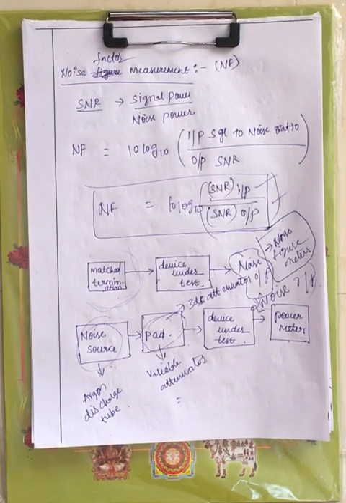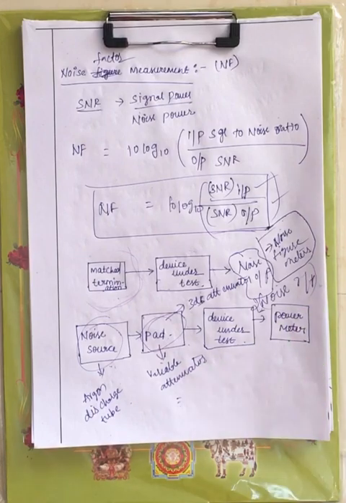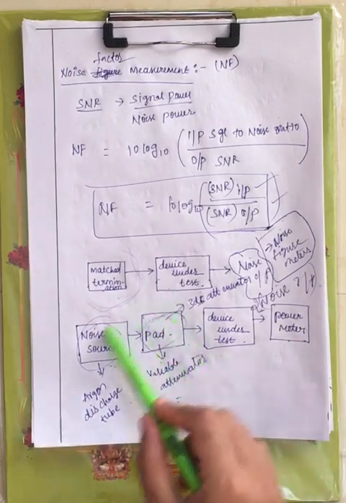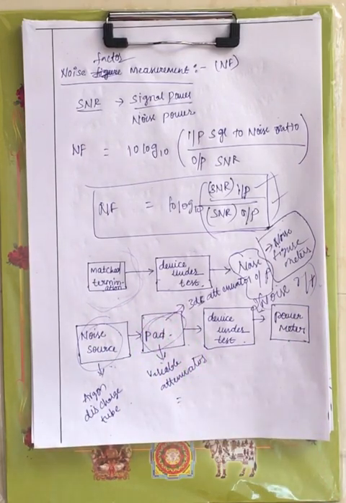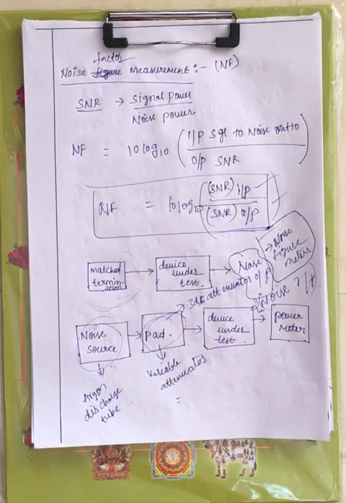Now initially the noise output is measured by terminating with a matched termination. Next you have to vary the variable attenuator. We have to vary the attenuation until the noise output is doubled. Now from this particular noise output of the attenuation, which is nothing but the noise factor, we can calculate the noise factor of the device, which is equal to the noise output from the attenuator, right? Whatever noise output you are getting from this attenuator is nothing but the noise factor, right? Now this is about the noise figure measurement.